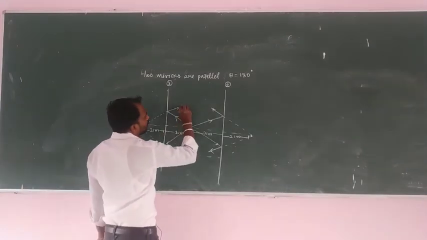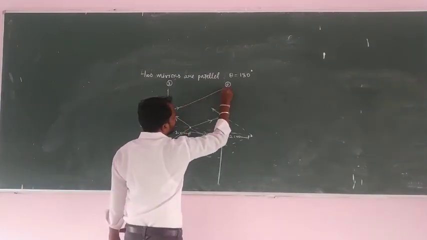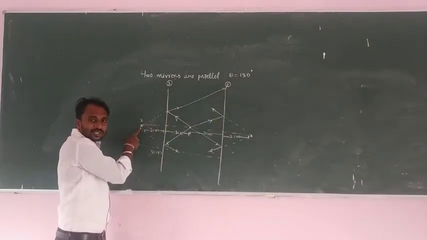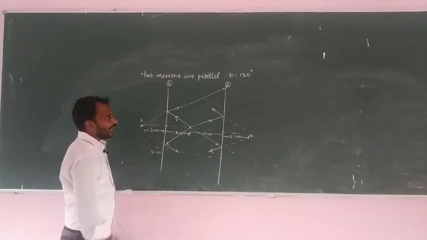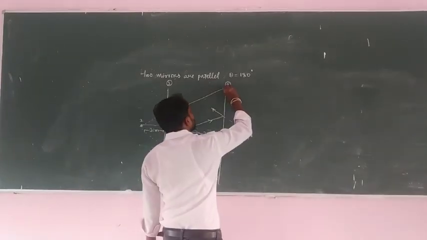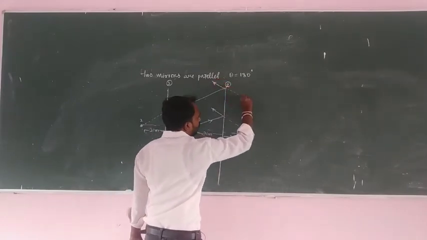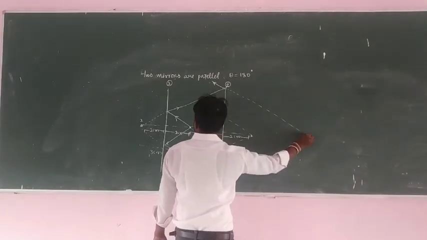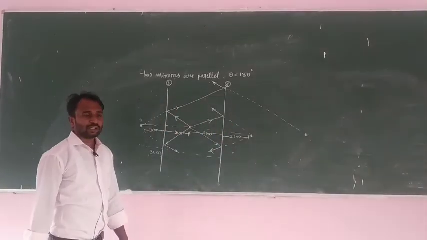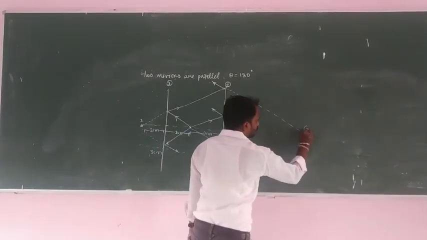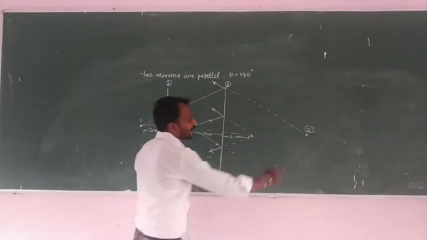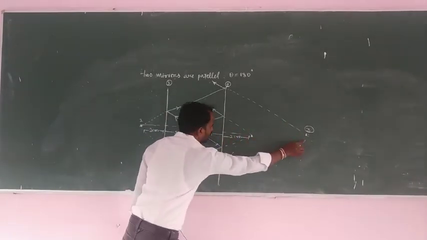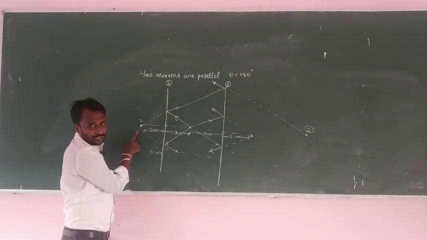Okay. So here we consider the incident rays. These incident rays come from this virtual object. Then what happened? These light rays are reflected. If I extend these light rays, here we will get the image. So this one is the third image. Okay, so this one is an image of a virtual object.